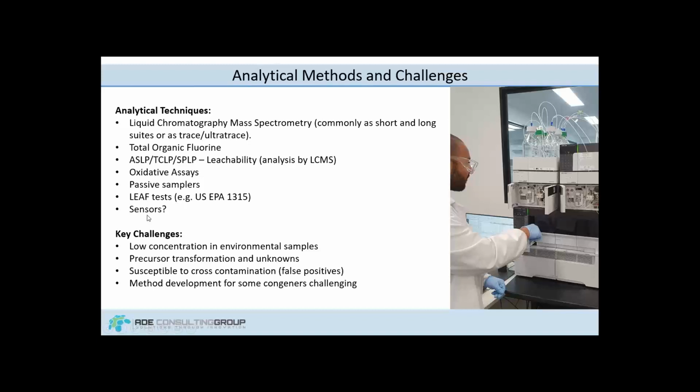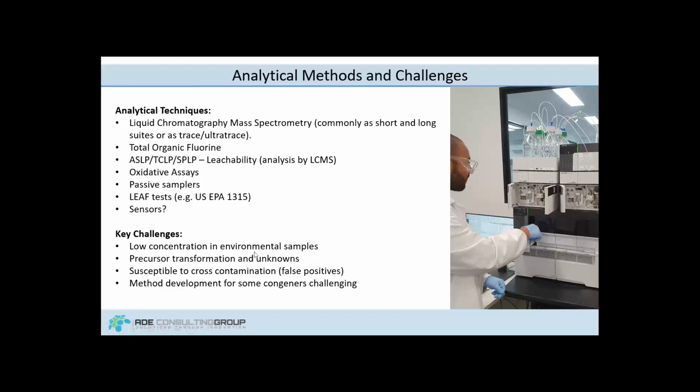And then lastly, there's a number of sensors that are being developed out there. I can't speak too much on this technology because I haven't really spent much time with it. I know a lot of these are still early days, but all of these methodologies have some key challenges, and these include that basically in environmental samples, barring a few instances, PFAS are typically at very low concentrations. So we're talking micrograms to nanograms per liter, as opposed to milligrams per liter that we typically find for other contaminants.